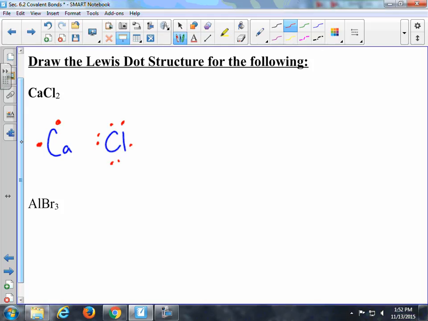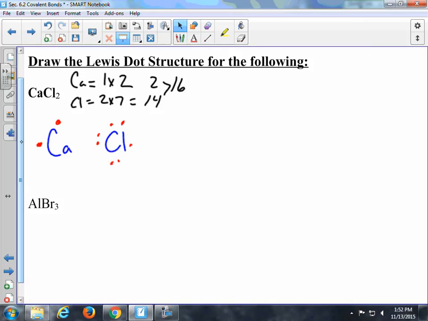The next step in the process then is count the total number of electrons. Well, we have 1 calcium times 2 electrons. Chlorine, we have 2 electrons times 7. We have 14 here and 2 here. We have to end up with 16 electrons. All right, next up then